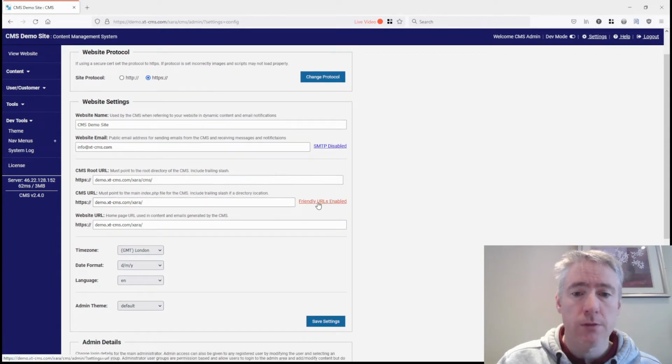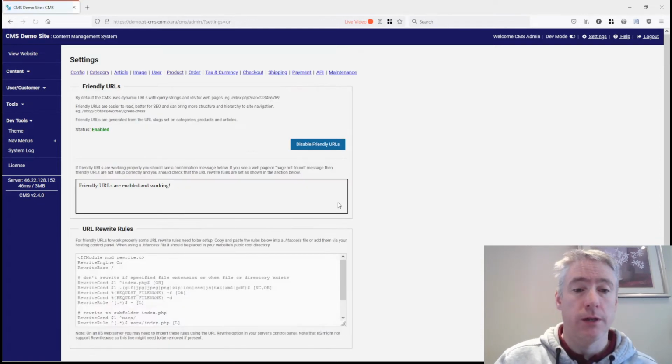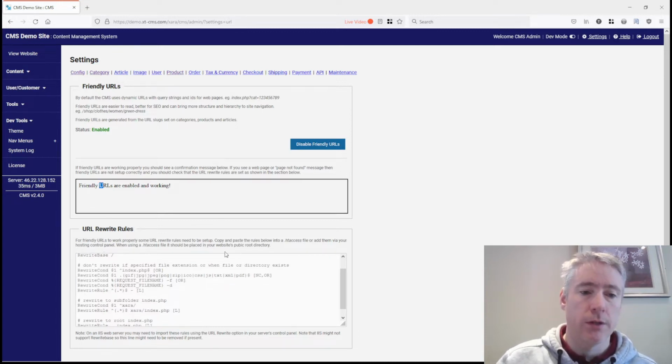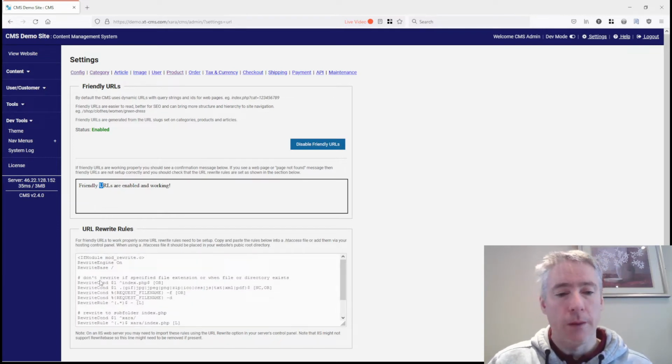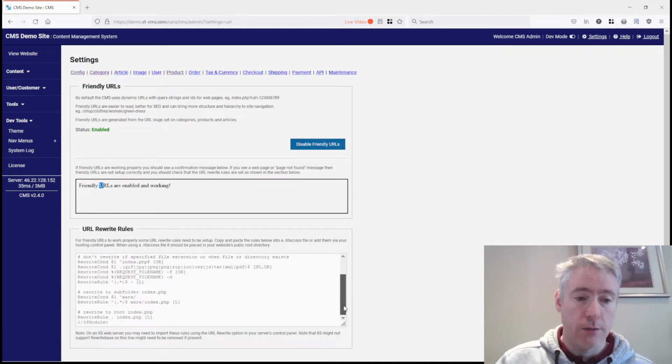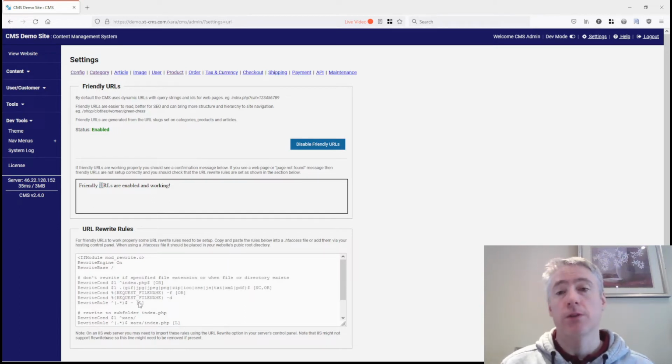And also, what's new is this friendly URLs. So you can set the URL here that points to your index file, but to enable friendly URLs, you just have to go to the config file, and now you just have to click in here, and you can disable or enable them. If I click disable here, it just tells you they're disabled, and if I click enable, it says they're enabled now and they're working. It also shows you down here the URL rewrite rules that you need to use. So if you don't have an htaccess file set up already, then you can use this one. This is telling you basically what to include in that file to make the friendly URLs work.